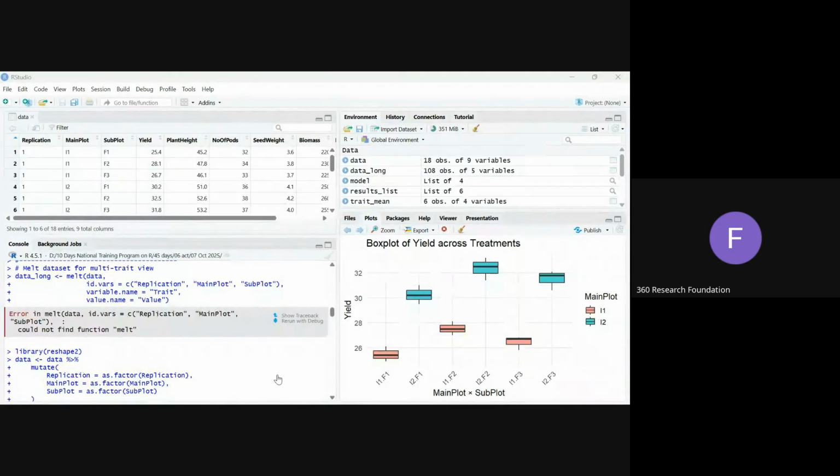Yes. This melt function. Yes, sir. So just follow what I did. Just run the library reshape2